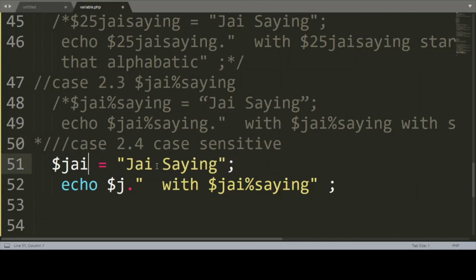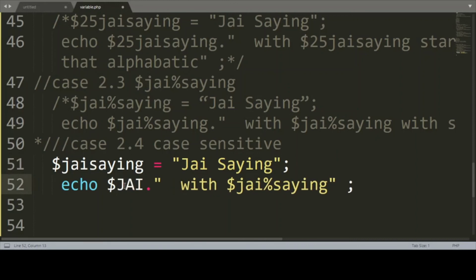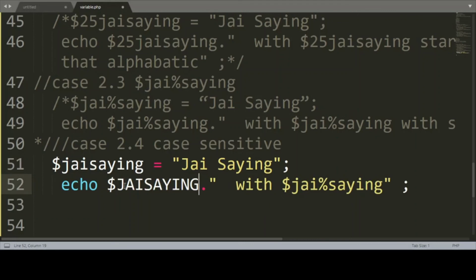If you write the variable in a small letter and print it in a capital letter, what result will you get? You can check. Now I am going to execute for your understanding.